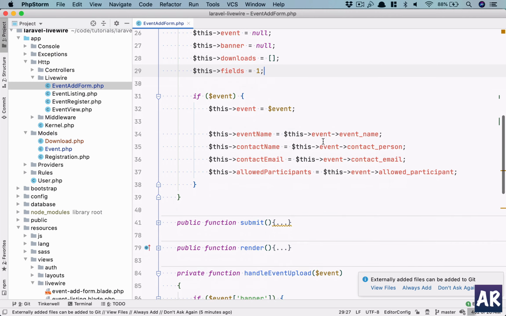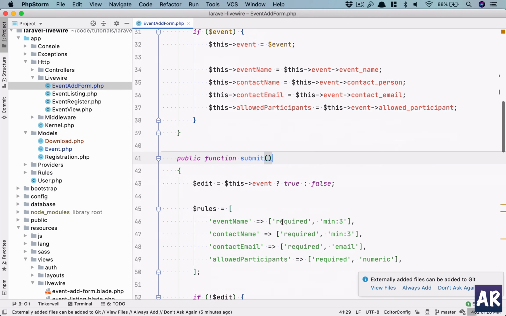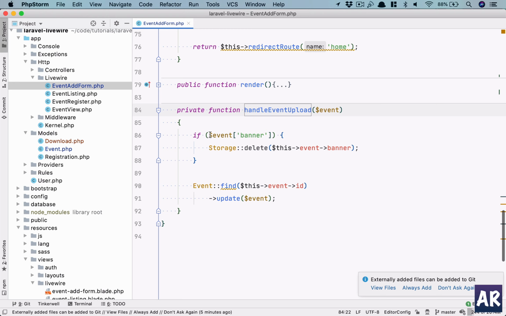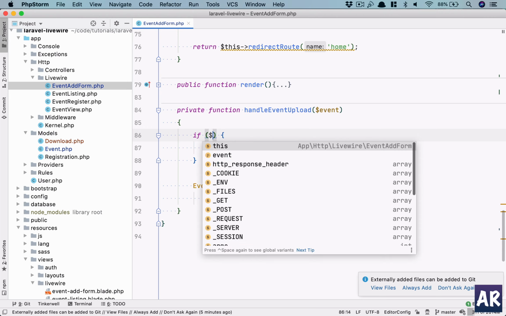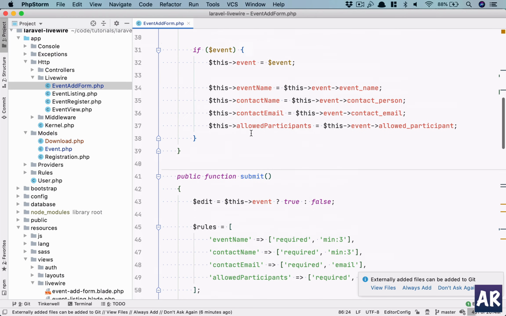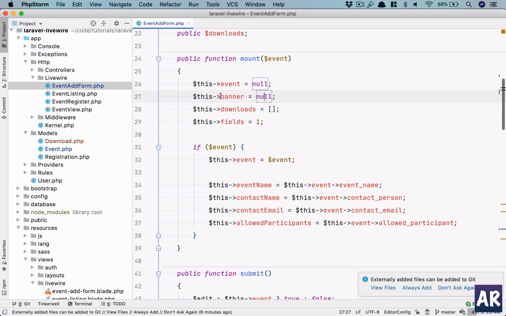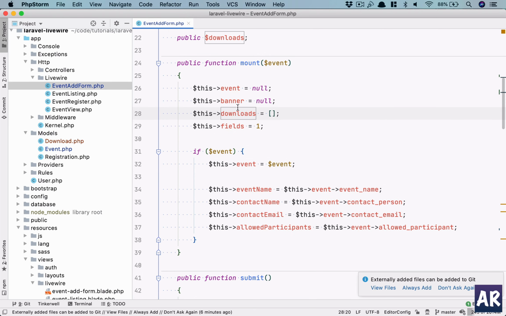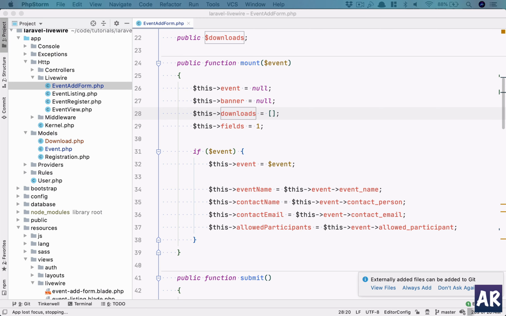All right, one more fix which I think I had missed earlier was, when I'm sending this event banner to handle file upload, I was checking for event banner, which is the wrong thing. It will give you an undefined index issue. It should have been, if this banner not equals null, and that's the reason I had set null on the mount. Okay, so I have these 2 fields, and with this, why don't we try to render